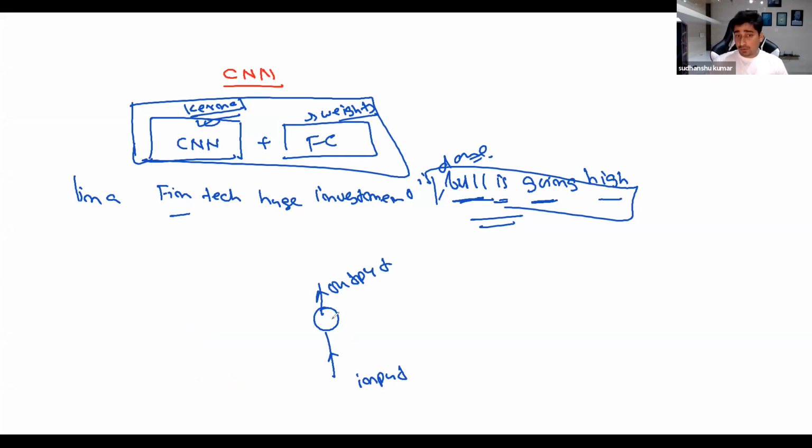What if I give back some part of our output, or some fraction, or some vector of our output, as an input to the next layer? So what if I am able to perform such an operation?